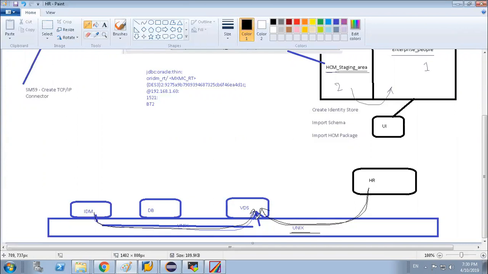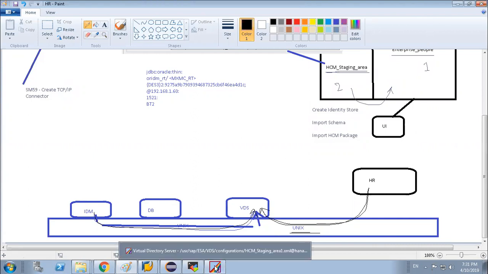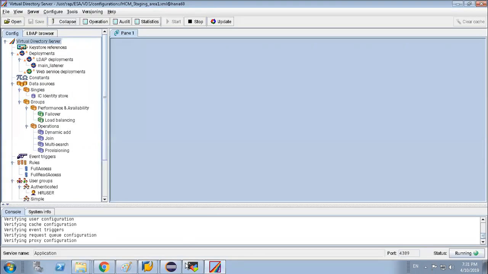Okay, but in real life, we won't get this access, right? As a security team, we won't get this access. In this scenario, the base system will have this access. So we won't even have access to the VDS server then. So we give that information to them. If the information is needed, they might give you the access or they might not. But this VDS configuration, you have to set up with the base system. You have to sit with your base system and make this configuration.